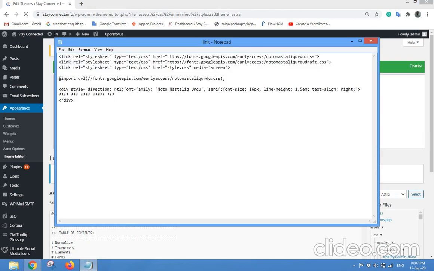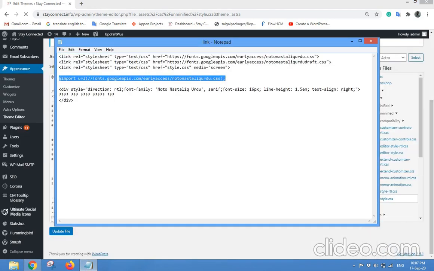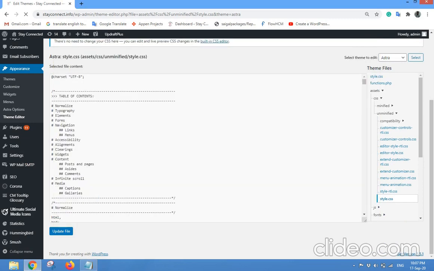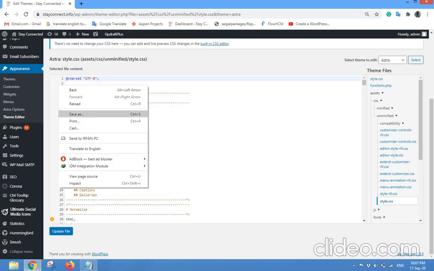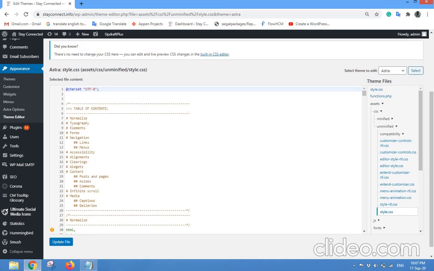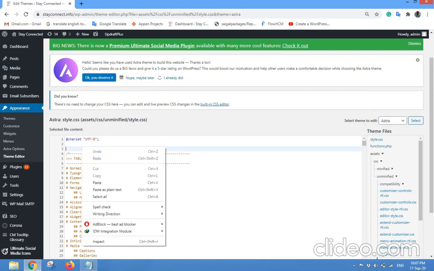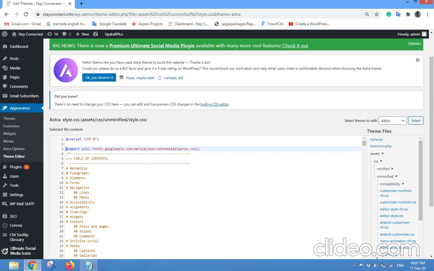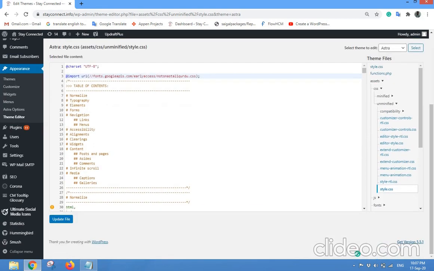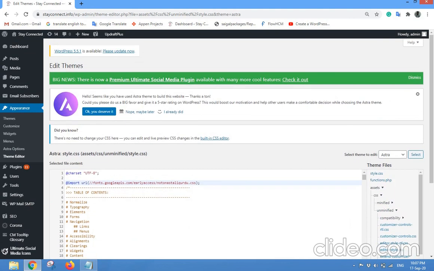And write down the single line of code in the beginning of the file. Click on Update File.